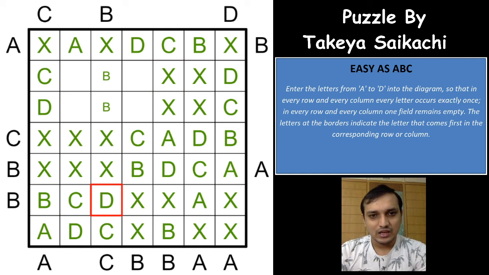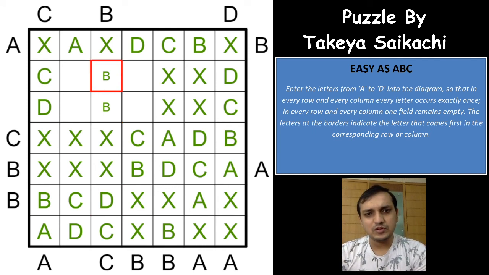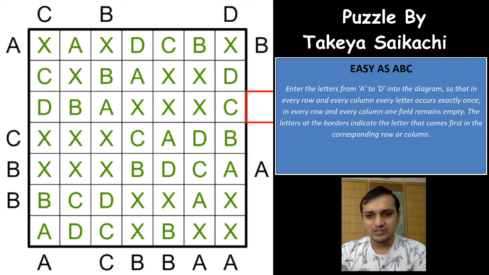And if you see here, there are exactly two alphabets remaining and two cells remaining, B and A. But the first alphabet seen from this direction will have to be B. So this is a B and this is an A. And in this row now B has to be here and this can be crossed out. And in this row A has to be here and this can be crossed out. And with that we have completed this